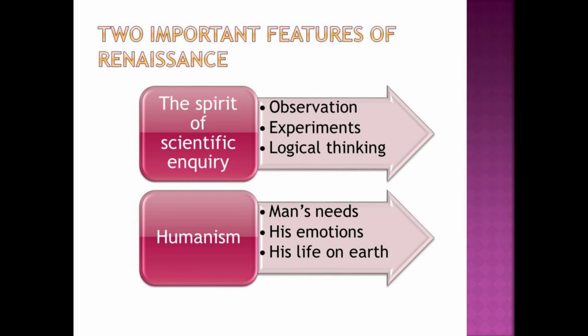The concept of humanism made man and everything concerning him the most important subject of study. Thus, Renaissance scholars and artists based their works not only on divine subjects but also on man's needs, his emotions, and his life on earth. This found new expressions in various spheres like painting, literature, sculpture, theatre, and music. Painting and sculpture flourished, and artists developed new methods to make their drawings look lifelike.